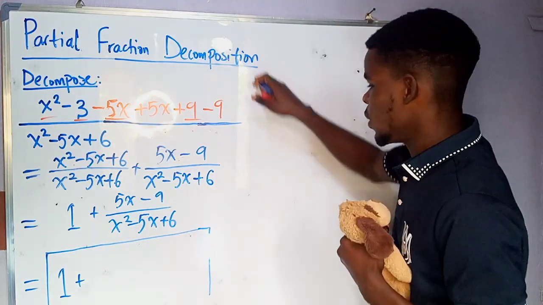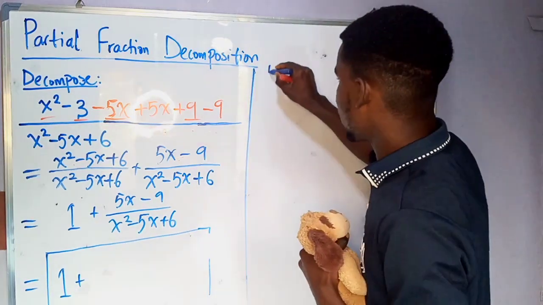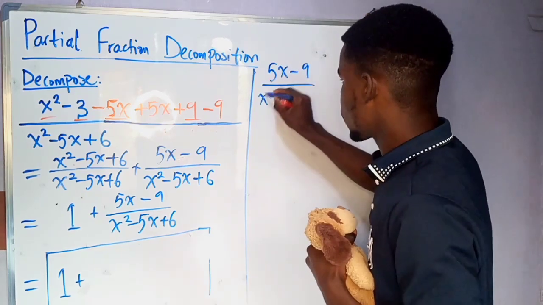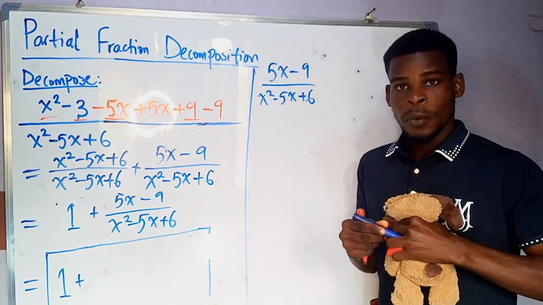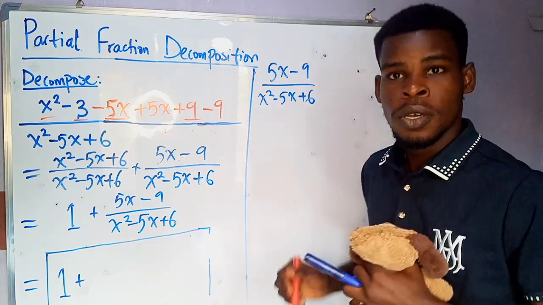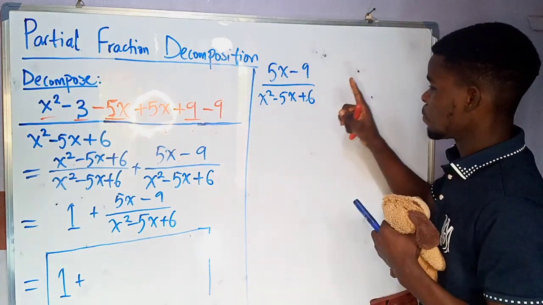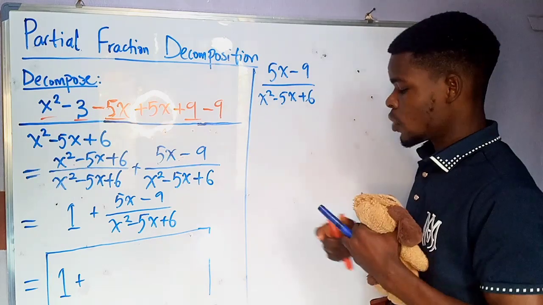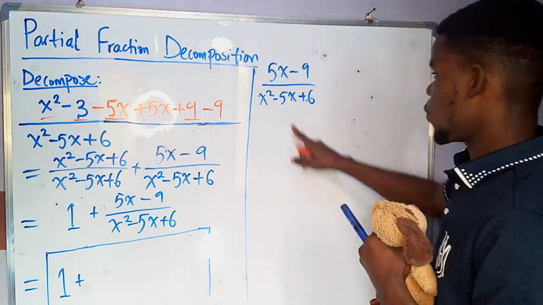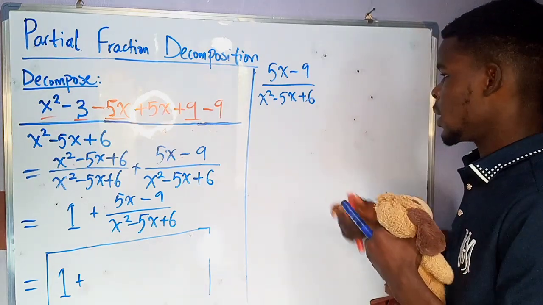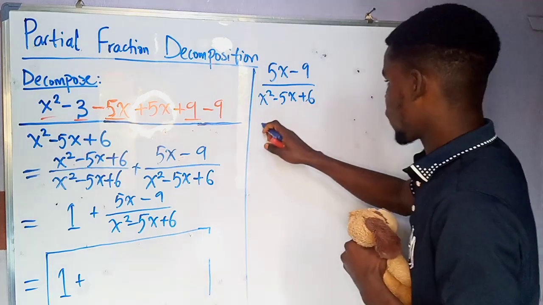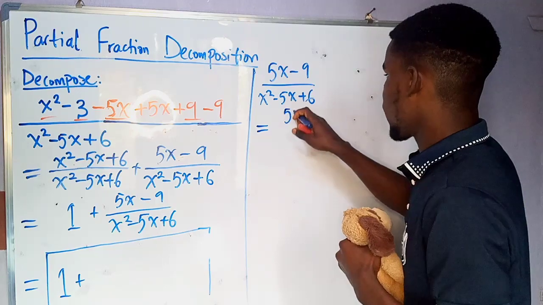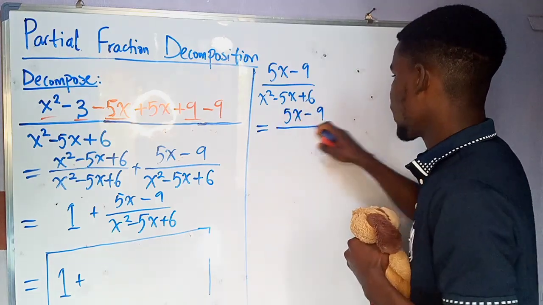All right, so let's do that over here. Now we have 5x minus 9 divided by x squared minus 5x plus 6. The first thing we'd like to do will be to rewrite this denominator as a product of its factors. So you factorize the denominator a little bit and then rewrite it. All right, so when we factorize, we're going to have 5x minus 9 divided by